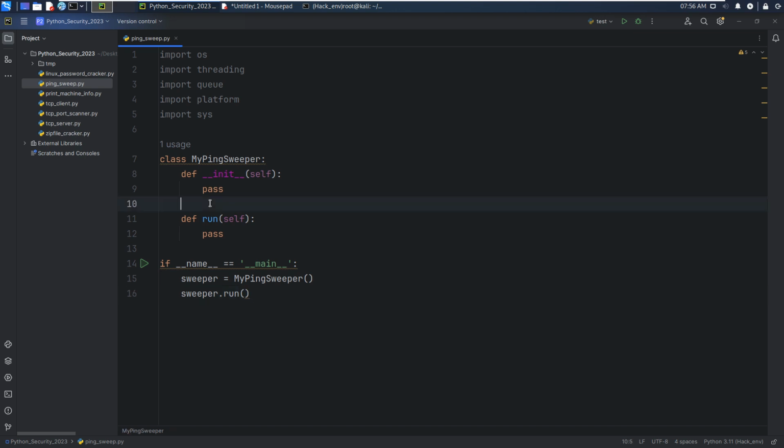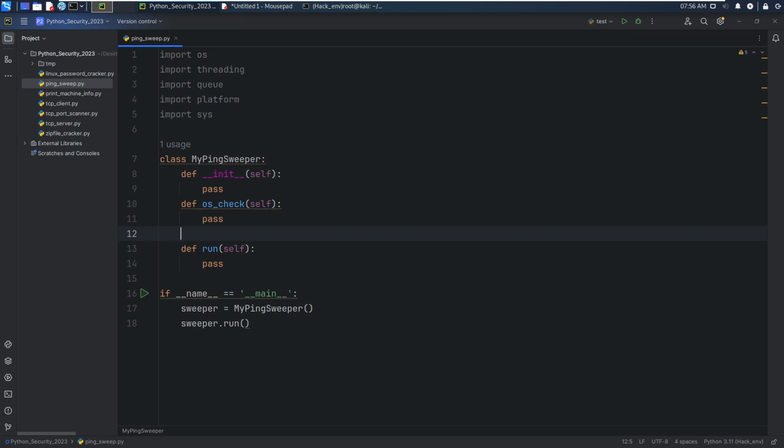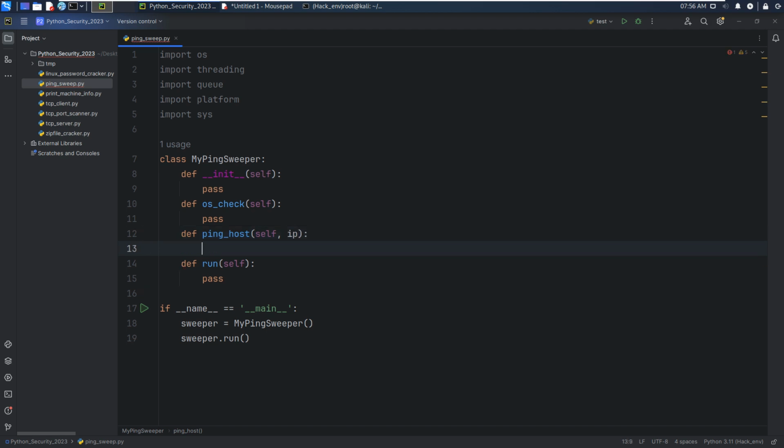And the next, of course, the second method I forgot to mention would be os_type or os_check. And for now, we just use pass. And the next method would be ping_host. And we need to give another, second argument, the IP. Okay, pass.